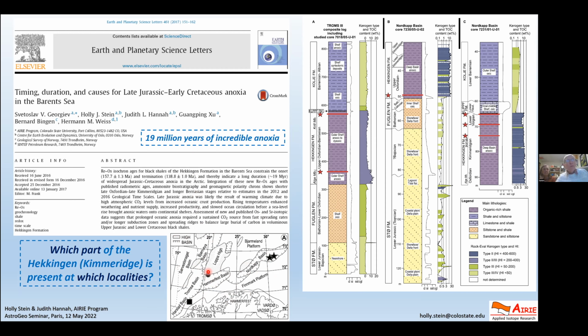They want to know at various locations which part of it do they have, particularly as one of these members is very, very rich. So we went in and dated different krill member, algal member, and put this together for them, where they were at different locations in what we determined to be 19 million years of incredible anoxia. I don't know what else to call it. One of the most amazing source rocks for oil in the world.